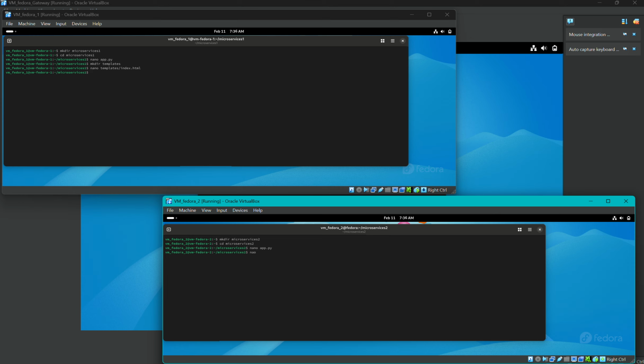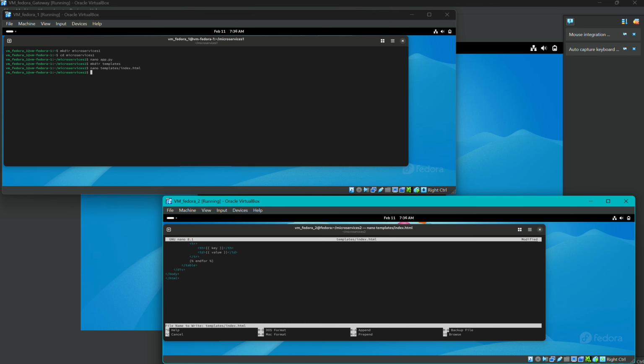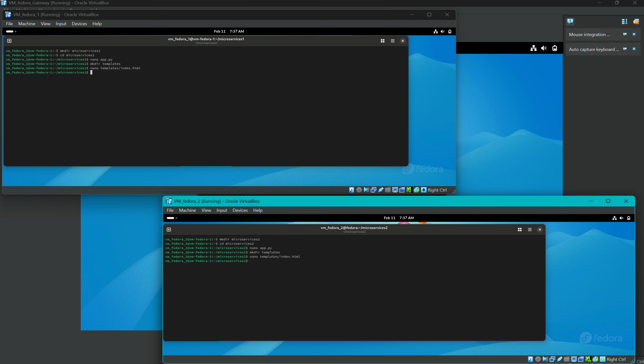Same goes with the templates, and index.html. Okay,